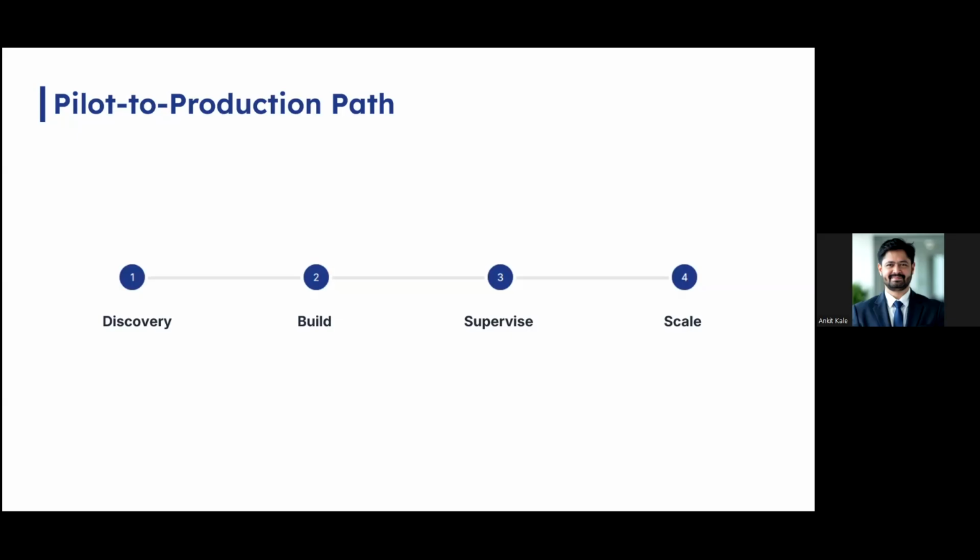It can be built either with the rule-based standard automation or RPA, or with the help of GenAI, depending on the requirement. But again, it should not be scaled immediately. The supervision is required for this. If in the supervision the systems are performing well, then only it can be scaled and taken to production. Otherwise, with the help of feedback, it needs to be applied in the building phase again. So that is typically a path from pilot to production.